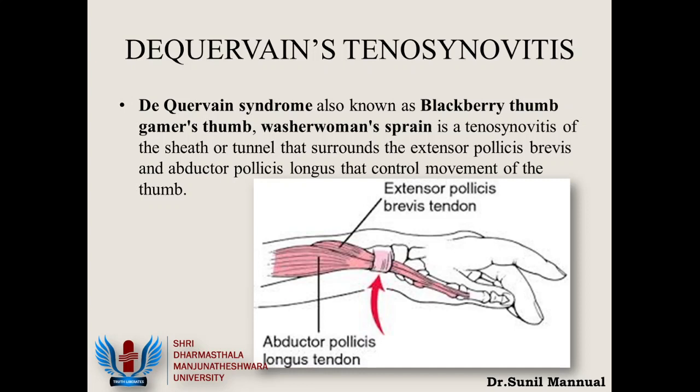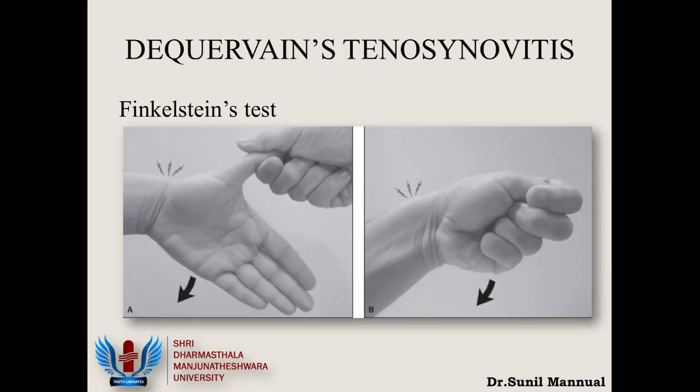So again there is a chronic inflammation of these tendons, and over a period of time this inflamed sheath can cause difficulty in movement of the tendon. This is very common these days, especially with the use of the mobile phones. Clinically, the patient is going to present with pain and tenderness just lateral to the radial styloid process at the area of the sheath. A simple diagnostic test, as in slide number 44, would be a Finkelstein's test, where we